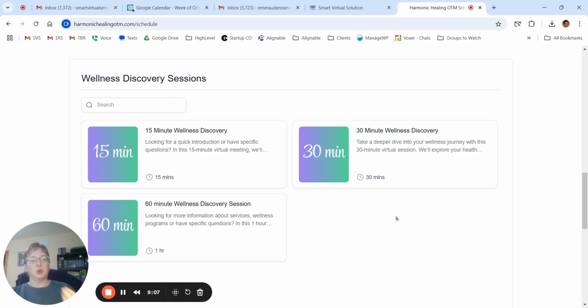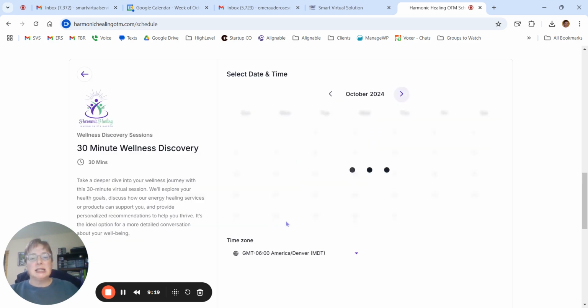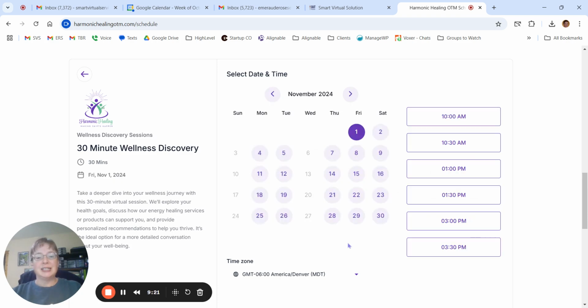Once we set up the individual calendars, we can set up groups, which is down the road, and then have the meetings look different as well. So these are some other ways that your calendar should look. If we're looking at a 30-minute one, this is what your people should see when they're trying to connect with you,